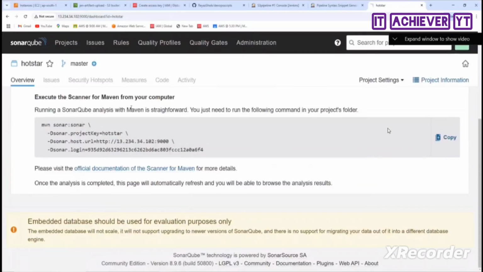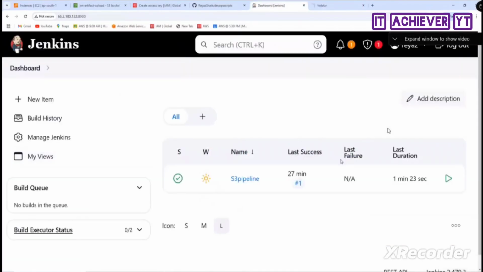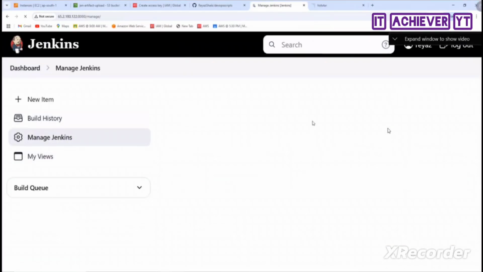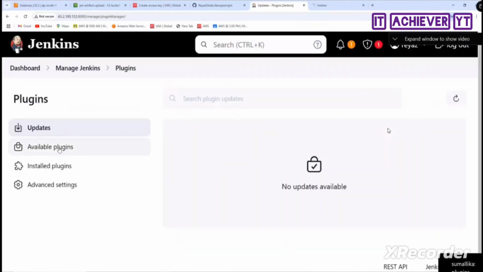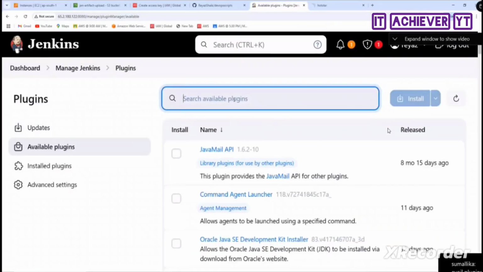Does Jenkins know SonarQube? No. What do we need to install? Plugins. So we go to our Jenkins. Tell me how to install plugins. Manage Jenkins, and then here plugins, available plugins, and then here type SonarQube